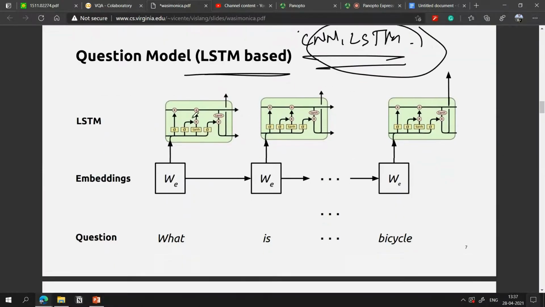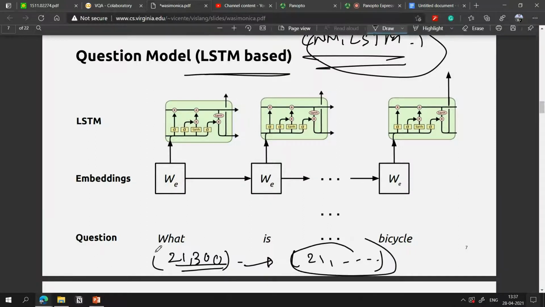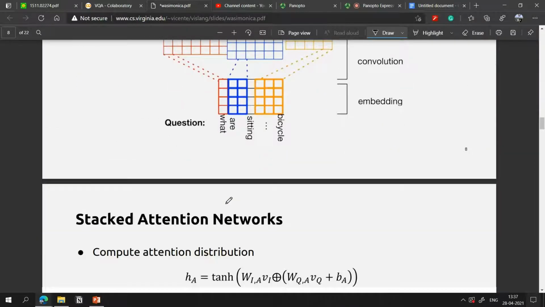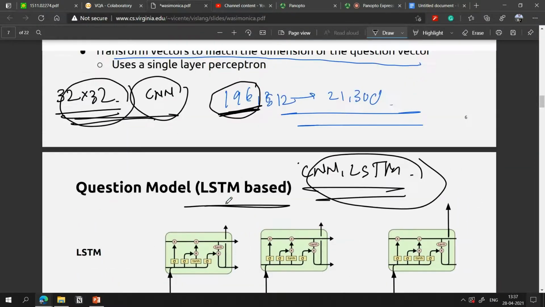What I mean to say is, suppose there is a 21 by 300 dimensional question vector, and if we apply the LSTM layers, we would get something like this. So each of these regions would represent some special feature of the original input vector. This is what the LSTMs and CNNs do.